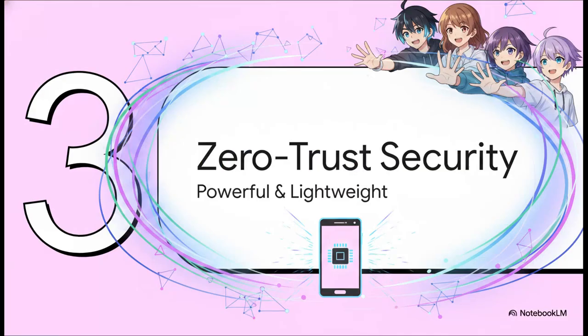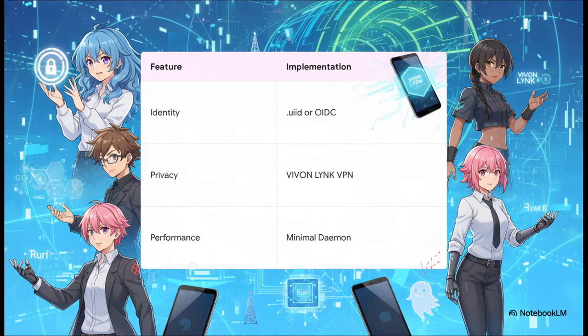All right, Section 3, zero trust security underneath. Powerful yet lightweight. Now, running a decentralized node on a smartphone without completely killing the battery is honestly no small feat. So how do they do it? Well, for identity management, it uses .uid files, or OIDC, for passwordless cryptographic logins, which means no more trusting centralized